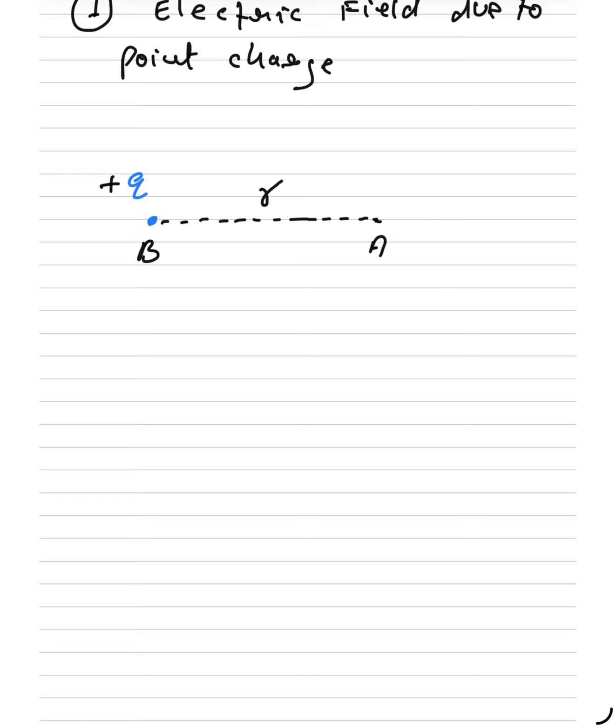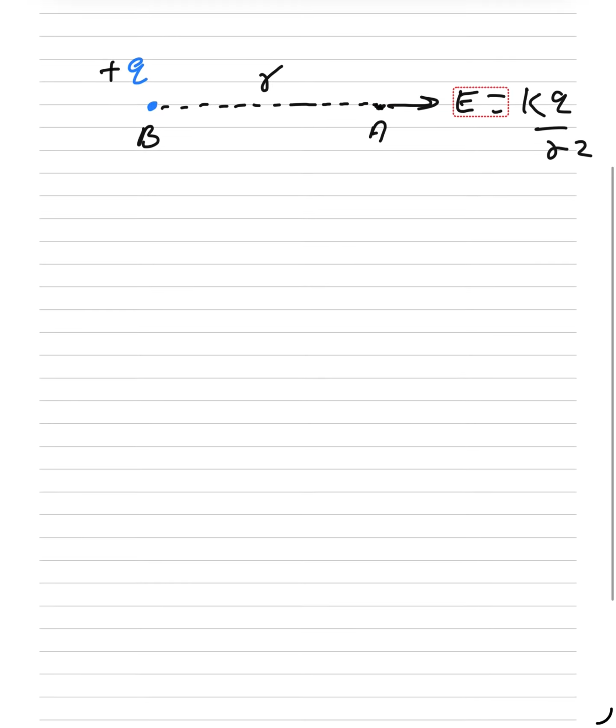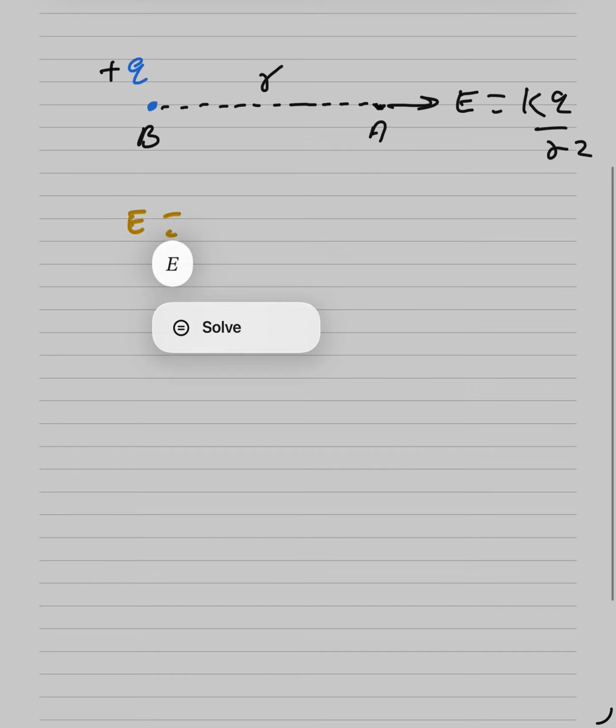Then the electric field at point A is along this direction, because this is positively charged, and the electric field E equals k times q divided by r square, and